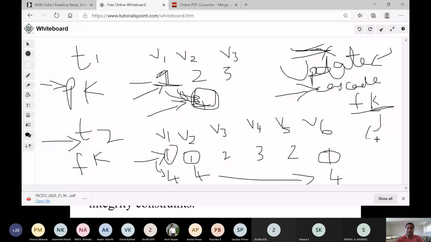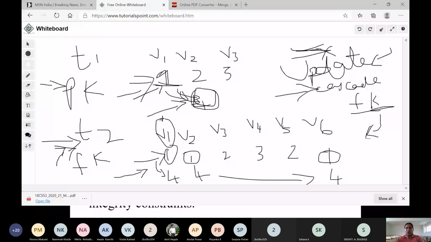Now sometimes you may ask, what if I update the value of table 2 directly, not touching my table T1? You may even have the doubt. Now imagine I am trying to update the value of V1 directly from 1 to 4.